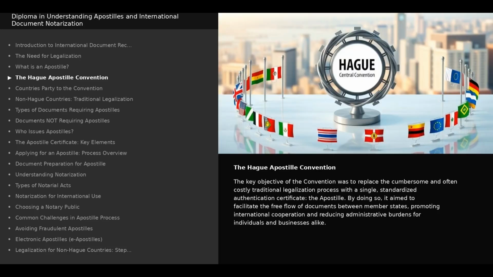The key objective of the convention was to replace the cumbersome and often costly traditional legalization process with a single, standardized authentication certificate, the apostille. By doing so, it aimed to facilitate the free flow of documents between member states, promoting international cooperation and reducing administrative burdens for individuals and businesses alike.